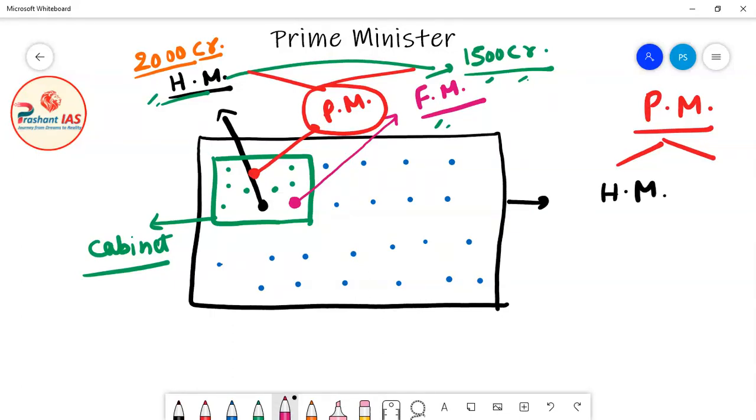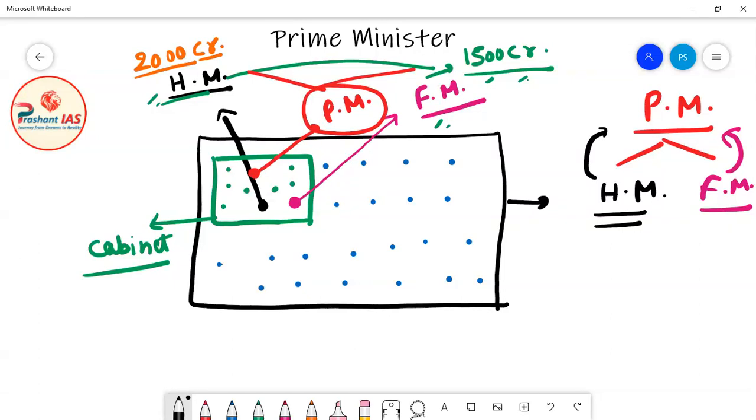Now the Finance Minister will say to the Prime Minister that, sir, he is unnecessarily fighting with me. I cannot give him that much amount of money. And the Health Minister is saying that, sir, we are very much concerned about the health of our people. Human resource is the most important resource, and moreover our government is a welfare government, so we need to spend more money on the health of people. Because health is everything. So now what will the Prime Minister say?